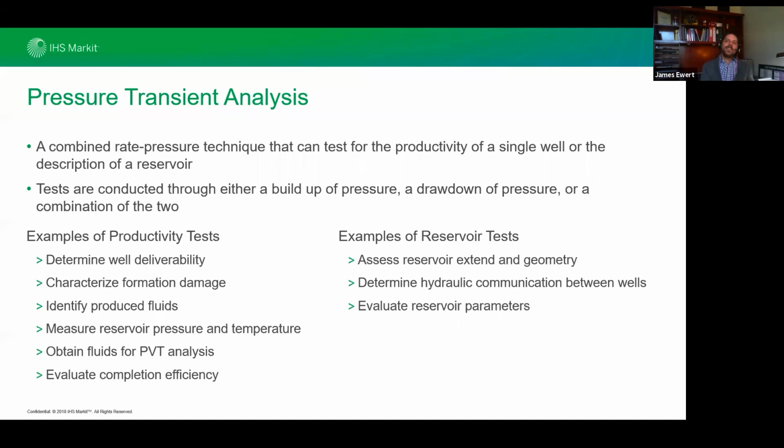So you can imagine that when we start to get to plays like the Permian, where we're down into the nano Darcies, you could shut in that well and wait for it to reach your average reservoir pressure to do your calculation. That would be your entire career, right?